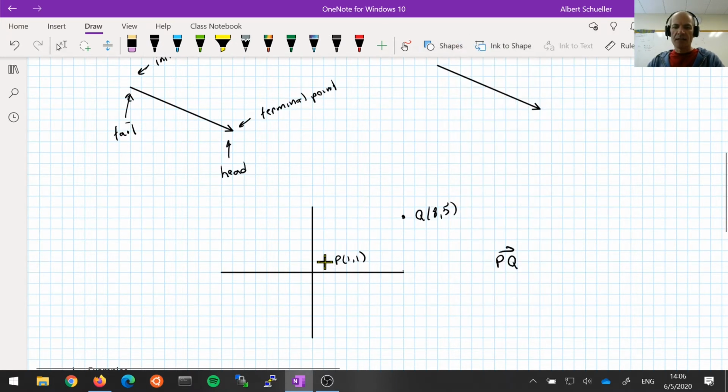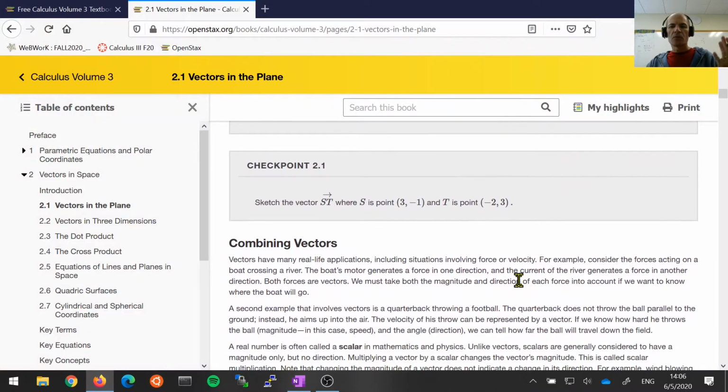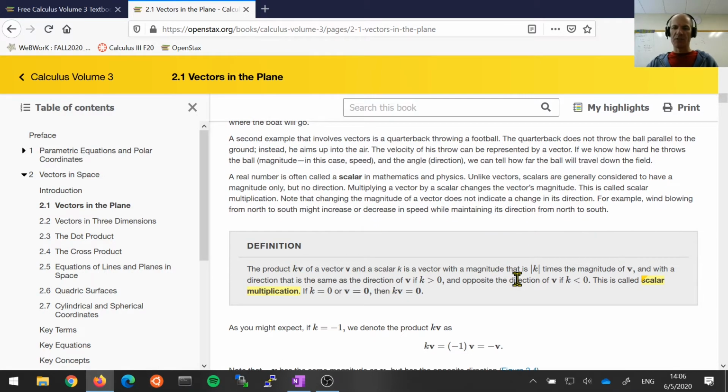You would put the initial point of the vector down here at P and the terminal point of the vector up here at Q, and that's the vector PQ. So these coordinate pairs, these points, are ways of defining vectors for us in a more rigorous way other than just drawing arrows on a sheet of paper. Okay,